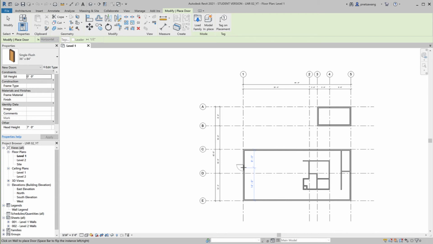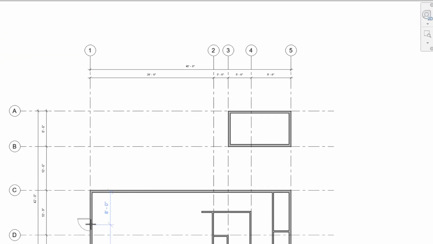Let's try to place this door on a smaller building over here. Notice that Revit will try to place this door on the center of the wall. If you look carefully at the temporary dimension, you will see that the distance on the left is equal to the distance on the right. If that's not what you want, then you can move to the left or to the right to break that snap. For me, I'm happy with this location, but before I click to confirm the location,